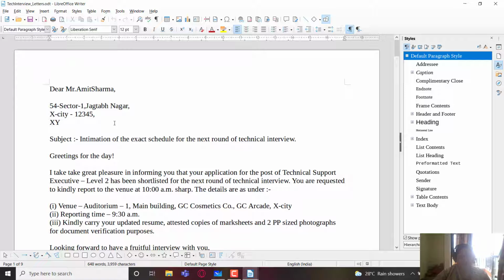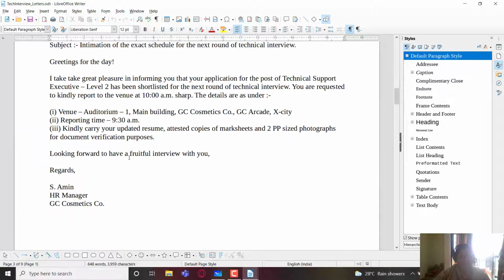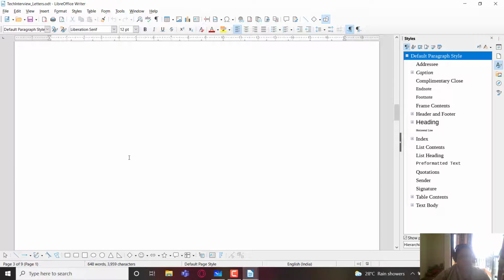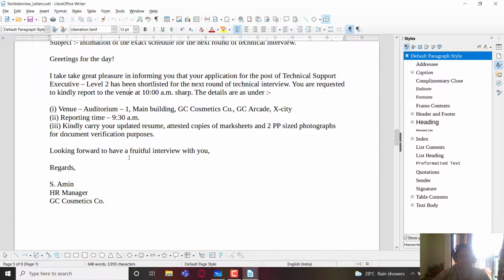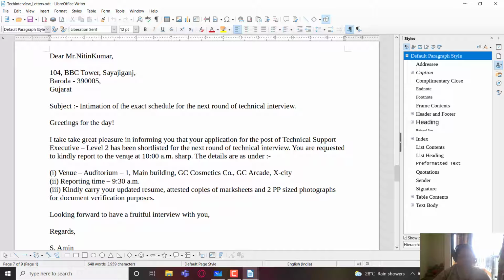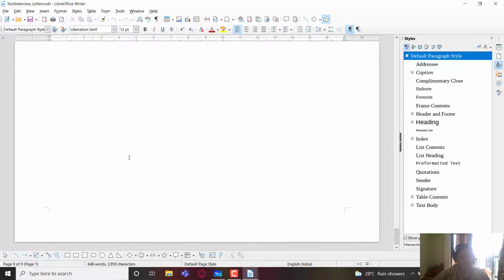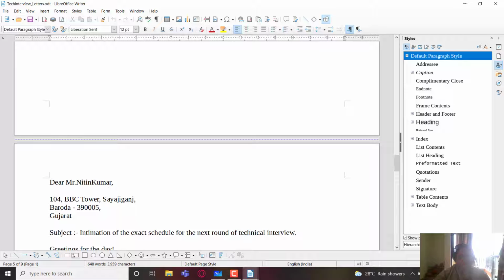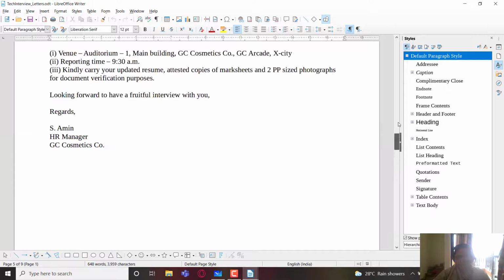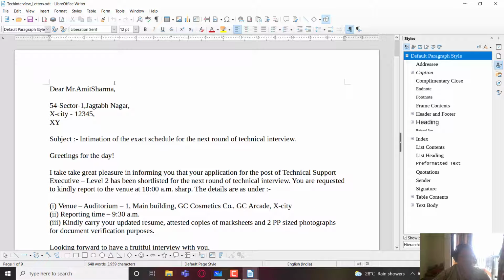So this is Amit Sharma, this is Arpit Joshi, this is Sheetal Patil, this is Nitin Kumar, this is Sunil Jose. Okay, so 5 different pages are there in the document. Although it's showing 9 pages, I don't know why it's showing like that, but there are 5 total pages which you can print. Now you can see that there is no space between the names.